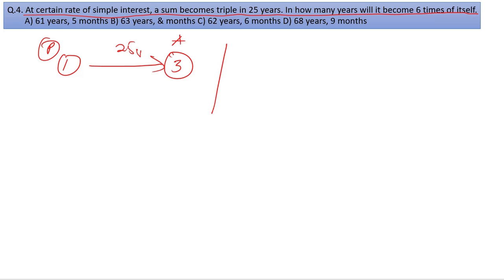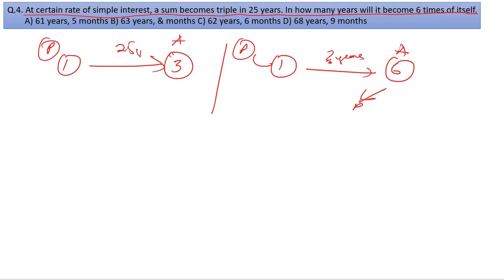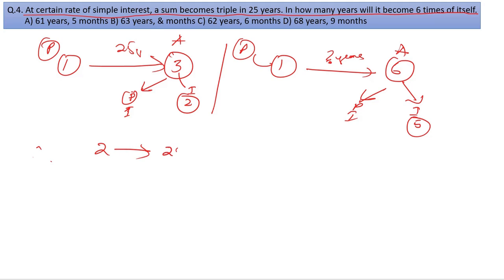So again, in the second part of the question we have principal, I can assume rupees 1. After unknown years, we do not know the years, the amount becomes rupees 6, that is principal will be rupees 1, then interest will be rupees 5. Here also principal is rupees 1, so interest will be rupees 2. So friends, for rupees 2 we take 25 years. Then for rupees 5 interest,